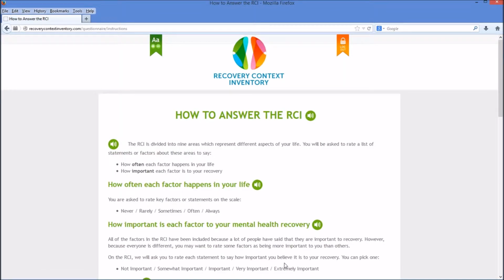Now, the very last page you'll see before getting to the RCI is an instructions page. This page gives you a general overview of the RCI and what you'll be asked to do. I'll read through each part of the instructions page. So starting from the top here,